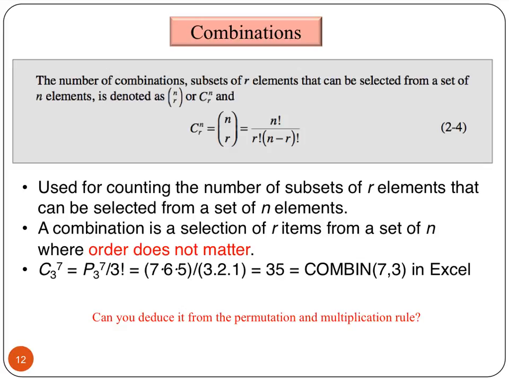The last method of counting is called the combinations method. This is very similar to the first permutation method, where we have a set of n elements and we are trying to choose r elements out of them, but in this case those r elements are similar, so the order of those r elements doesn't matter. If I have to choose r elements out of n elements where the ordering of the choice does not matter to me,